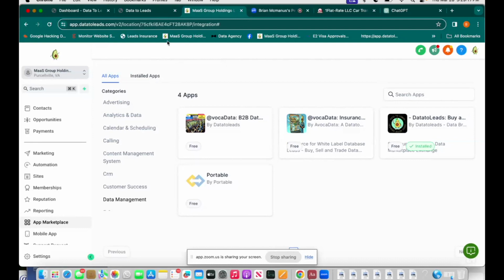Go ahead. Quick question on that. If I have no interest in reselling the data, but I have a call center that would be dialing these out, is it the same efficacy of these leads, or should I be looking at something else?